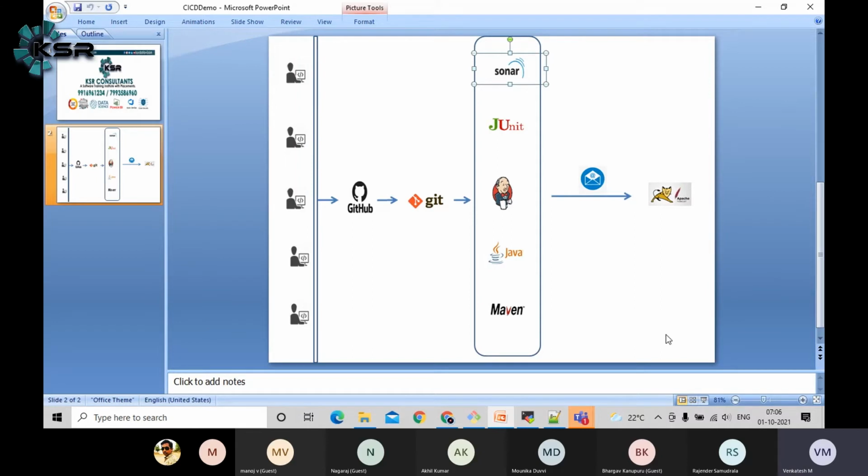And one more thing, guys. If anything happens, like the build is a success or a failure, Jenkins should update the developers. To do this part, we need to configure the SMTP server.